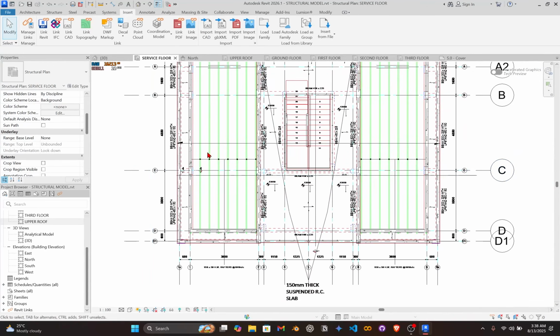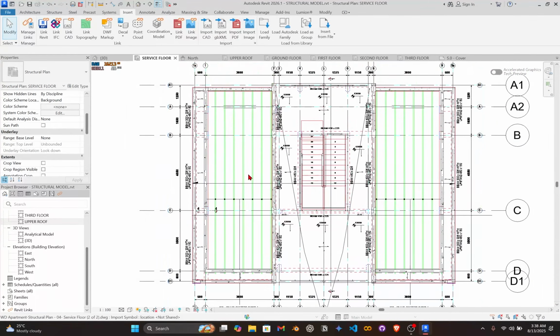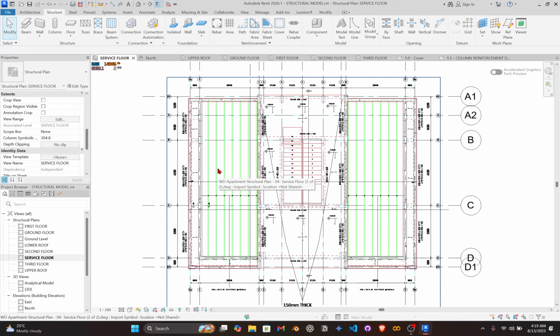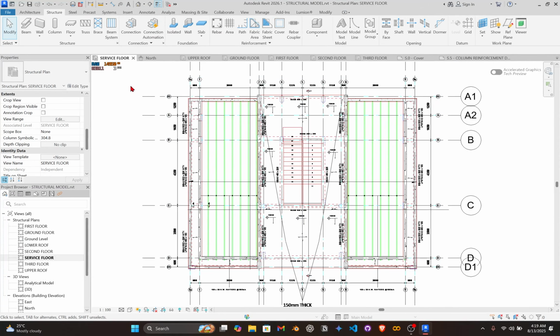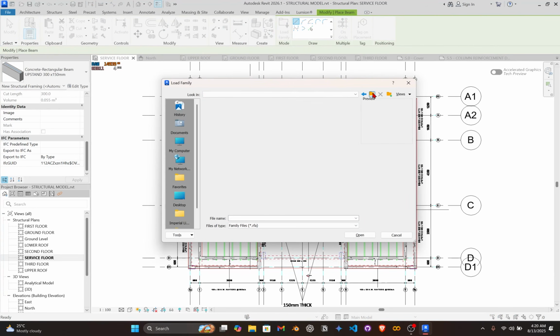You can tell that we have rafters here, spacing of 1050. There are also purlins with a spacing of 525. Okay, so to be able to draw our rafters and purlins, we need to first make sure we have a beam family that is wood, right? So go to structure, go to beam, and let's load in a wood family. So you go to load family, and you should probably be in the English Imperial folder like this. This is not what we want. So you go back,